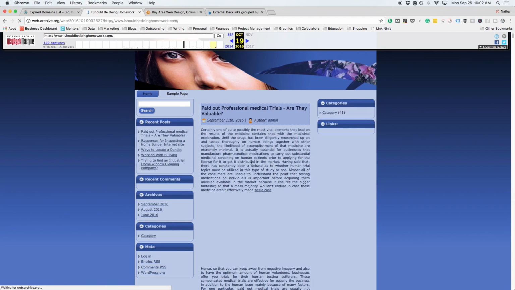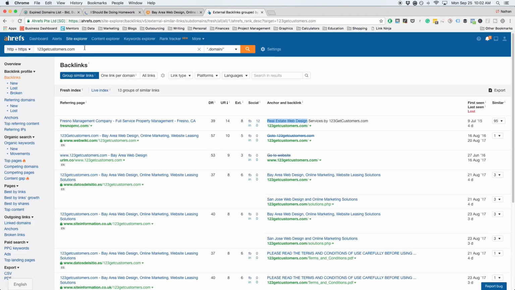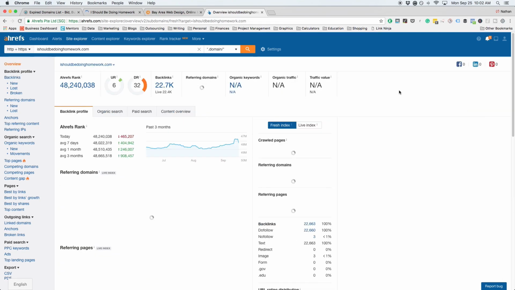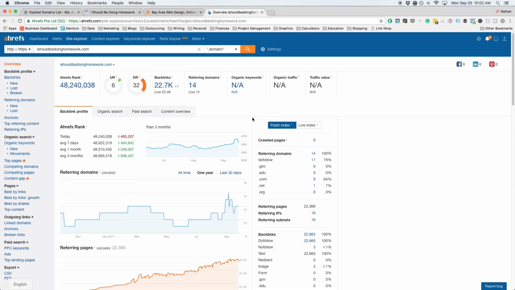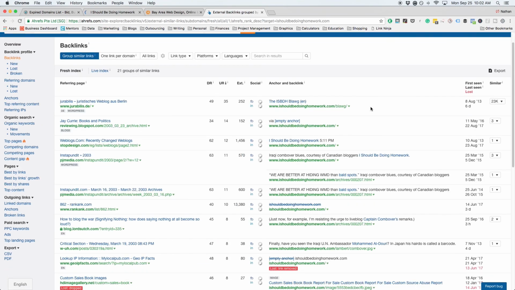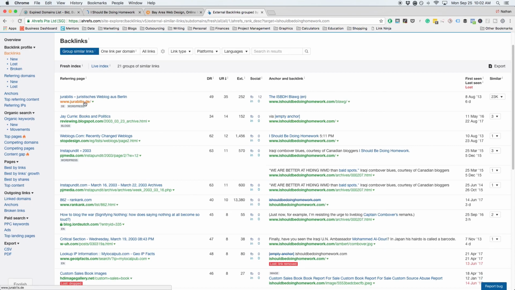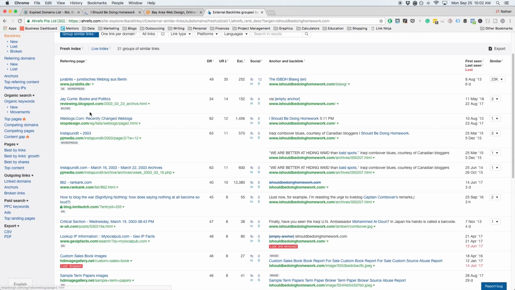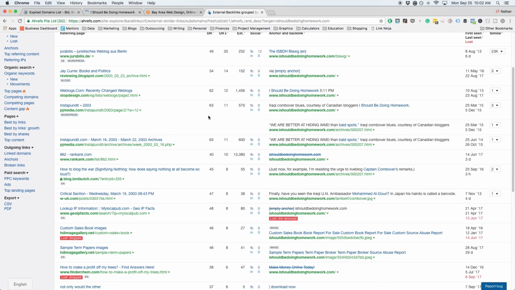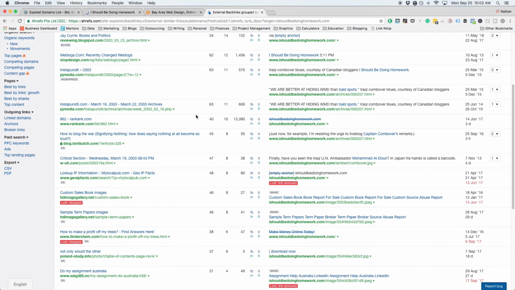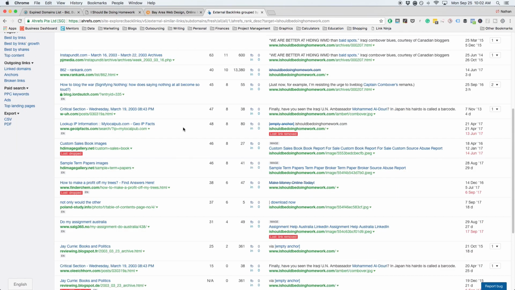So what you can do is you can leverage this opportunity in a different way. And the best way to do that is to take this domain, throw it into Ahrefs, and see if it has quality links that you could extract away from this domain using the white hat alternative to PBNs. So based on our quick analysis here in Ahrefs, we know that this domain does not have high quality links. So this is not a good situation where you'd want to extract the backlinks from this expired domain because they just simply are not high quality enough and ultimately would not be worth the effort of doing outreach and having to build relationships with these link prospects.